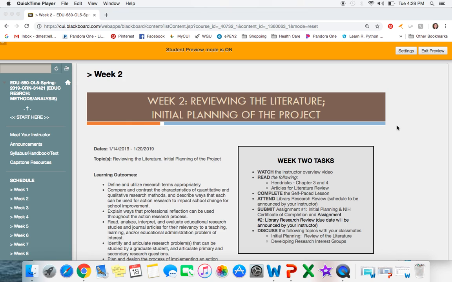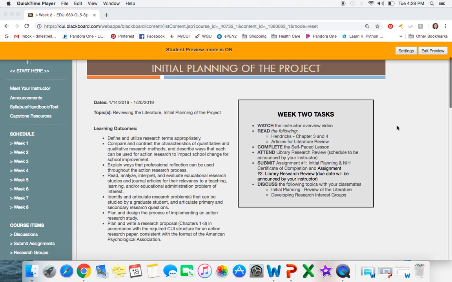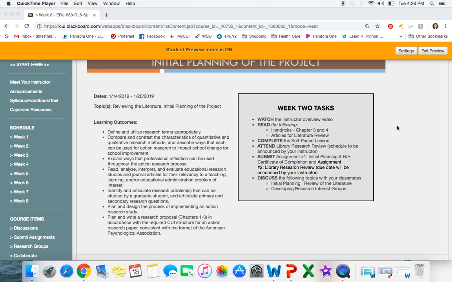Welcome to week 2. This week, our topics include reviewing the literature and initial planning of the project. This week's learning outcomes include define and utilize research terms appropriately, compare and contrast the characteristics of quantitative and qualitative